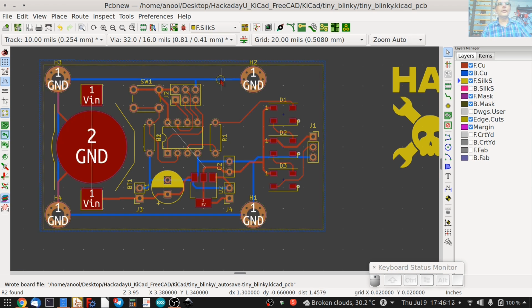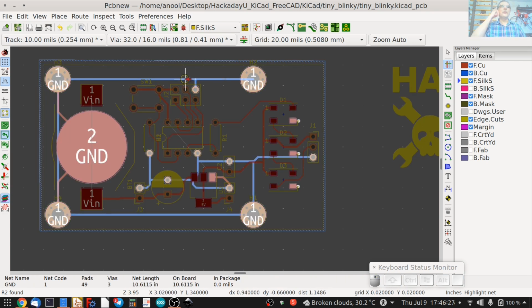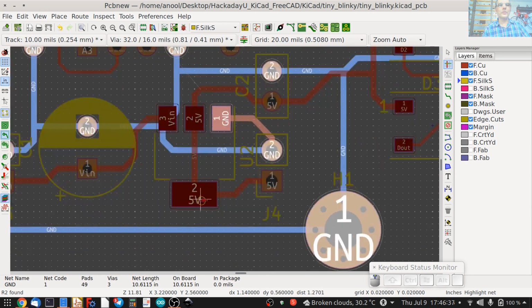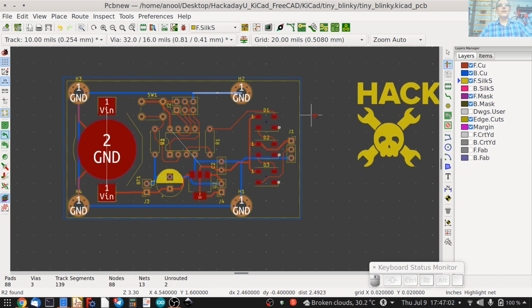To see where a net is going all over the board, you can choose the highlight net icon and then click that net like so. So this shows me where the ground net is snaking through this whole board. If I choose the plus 5V, which is over here, it shows me where the plus 5V net is snaking through this whole board. So this is net highlighting. If you want to unhighlight it again, just click somewhere else on the canvas and it comes out of highlight mode.